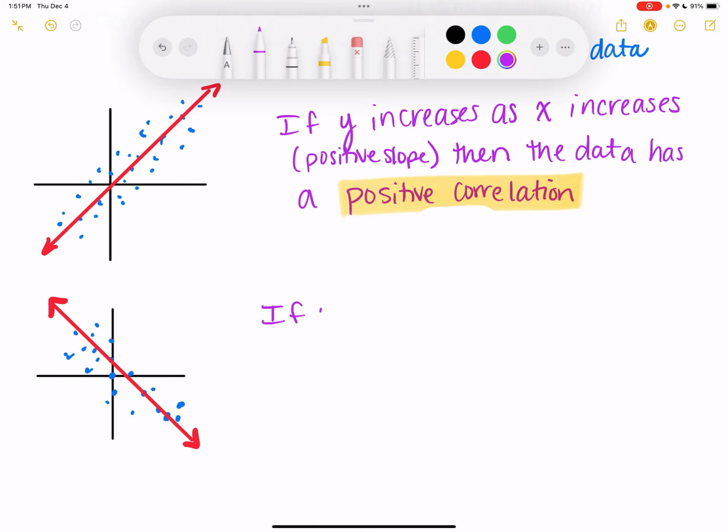If y decreases as x increases, aka it has a negative slope,